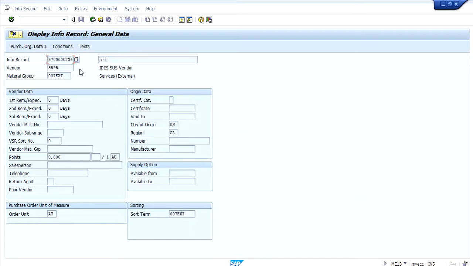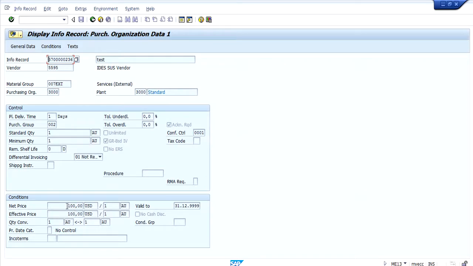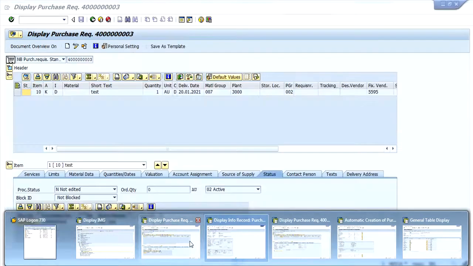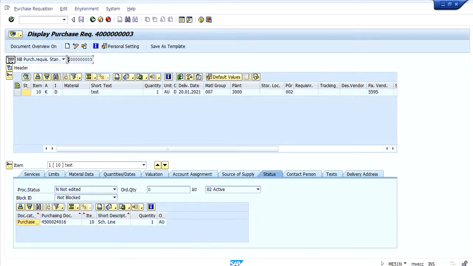So without material, an info record is created and we have maintained a price. So now we can go ahead and create a purchase requisition.